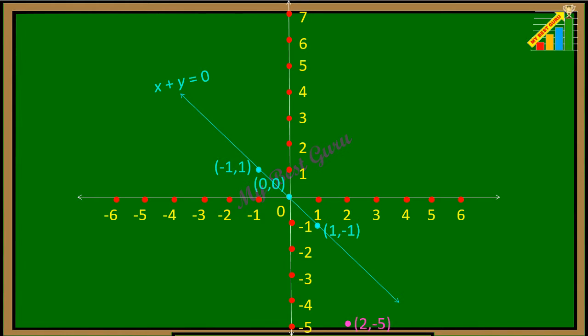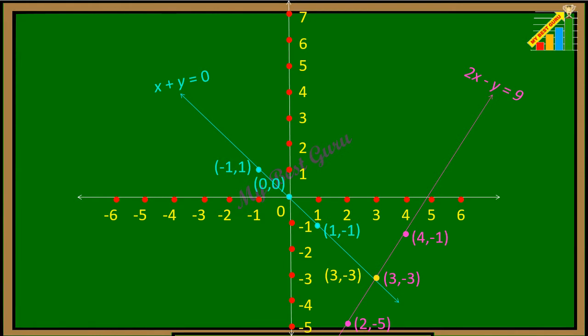And for the next equation, 2 comma minus 5 is the first point. So just check where is 2 and where is minus 5. On the x-axis check where is 2. You got here 2 and it is minus 5. Second point, 3 comma minus 3. So 3 comma minus 3 here. So you got the second point.